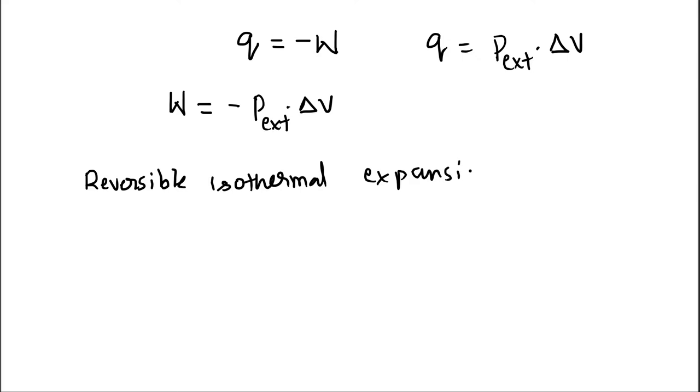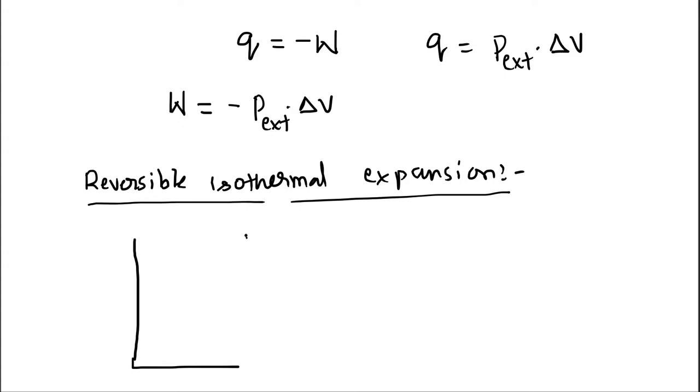Isothermal expansion. What is the meaning of reversible? A reversible process is the one where the internal pressure and external pressure are always in the same range. So here, now let me take